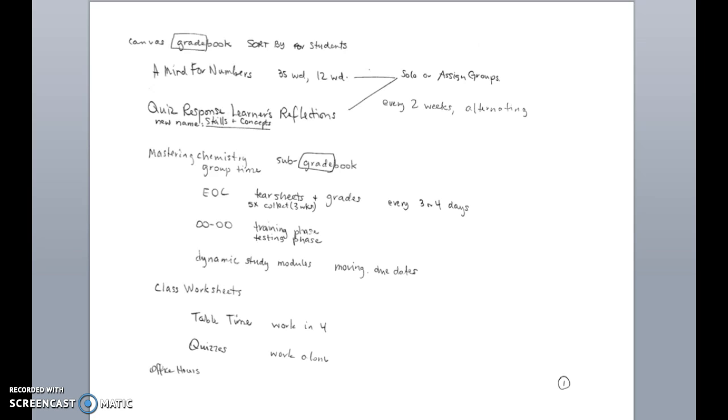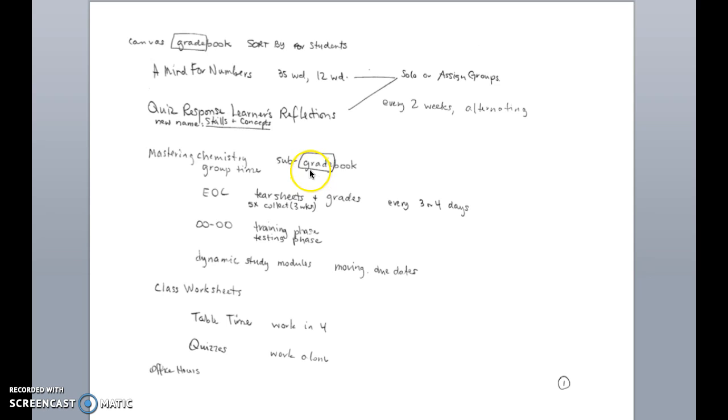We're supposed to be arranging an orientation to a course that has lots of different components to it, and so I decided to go ahead and do the course that I'm working on, and that could generalize from there. The thing I was thinking of taking is if we go by the students' focus on the grades, that in Canvas there's a grade book, and in the sub-grade book in Mastering Chemistry that we access through Canvas, there's a